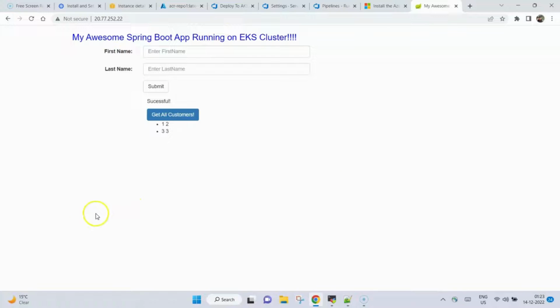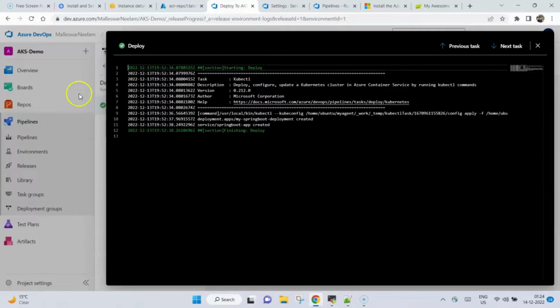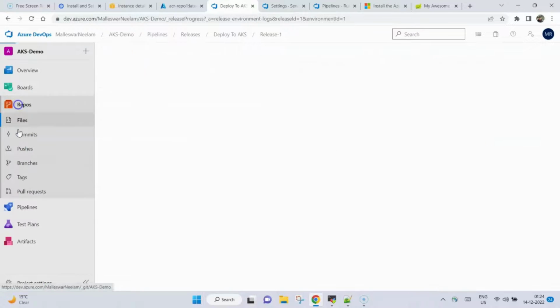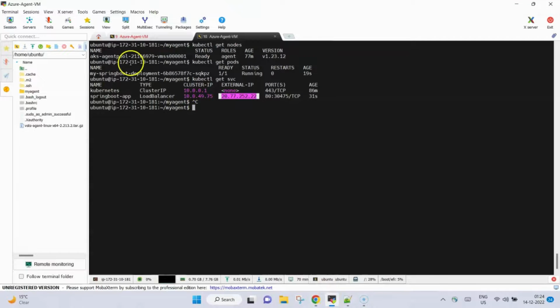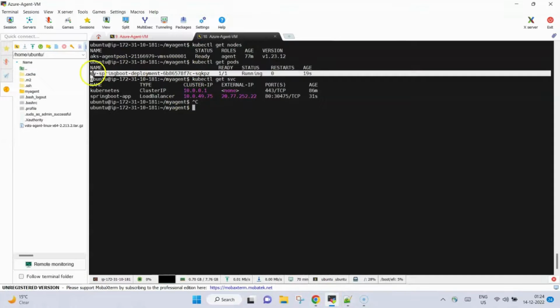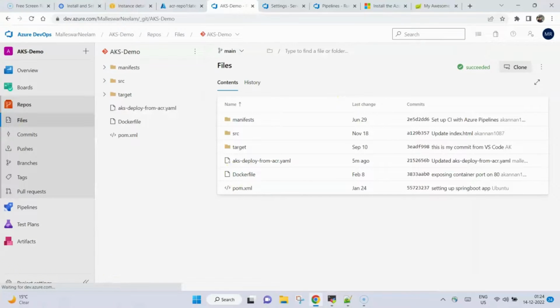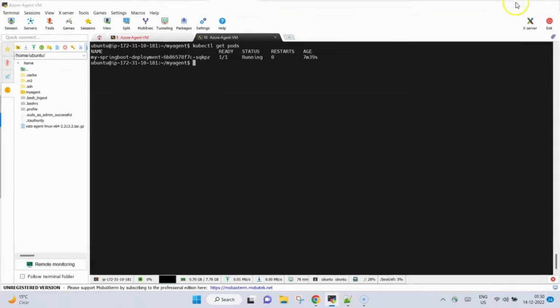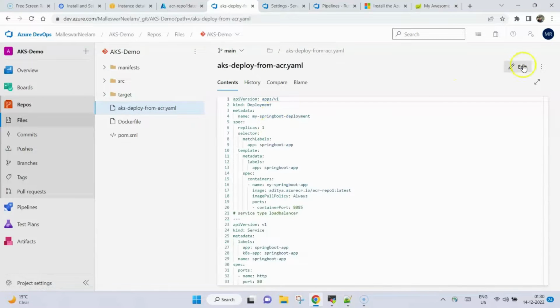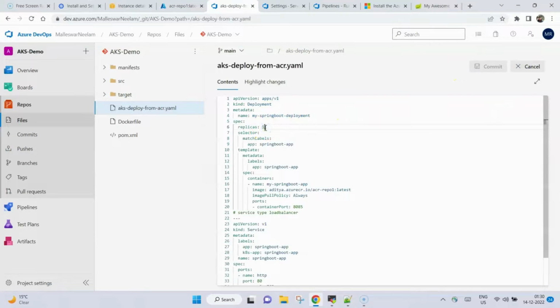One more thing I want to show you is how we make changes inside our repository, and then how it affects the deployment. Meanwhile, here you can see just one pod is running. So let me make some changes and let me show you what happens next. As we saw with kubectl get pods, just one pod is running, right? And this is the YAML file. If I make changes here, for example, you can see the replicas number is 1. If I change it to 2 and click on commit,